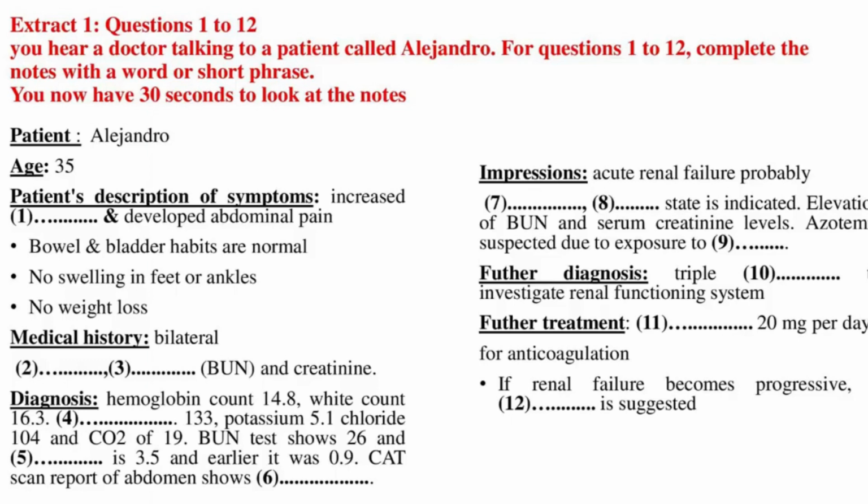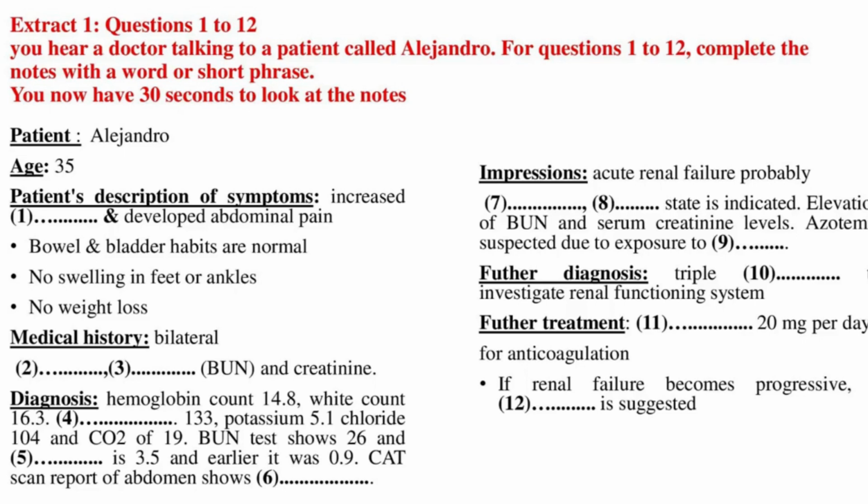Oh, I see. What's your age? 35, doctor. Your diagnosis report shows bilateral pulmonary infarcts and increasing BUN and creatinine. What medication are you taking? Heparin. Do you have any past history of any renal problems? No, doctor. I was feeling completely normal until recently. What about your appetite? It's good. Any swelling in your feet or ankles? No, doctor. Do you have chest pain? No, doctor. And your bowel and bladder habits? Normal. Any sudden weight loss?